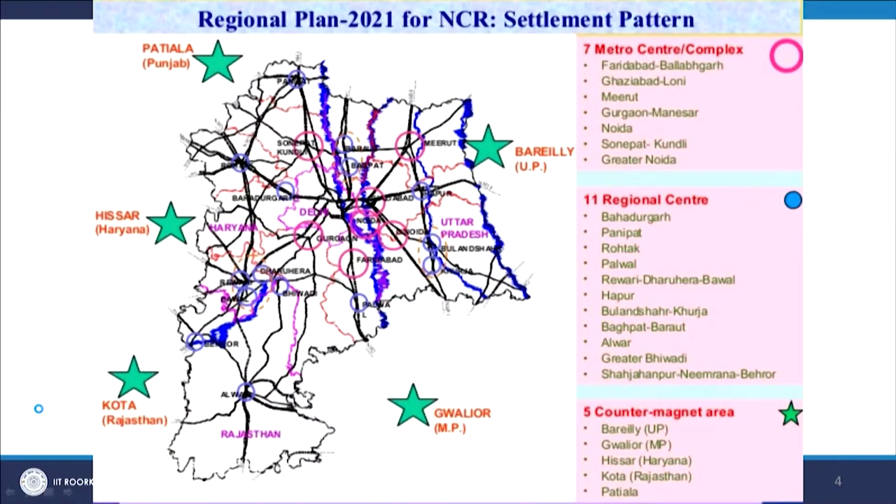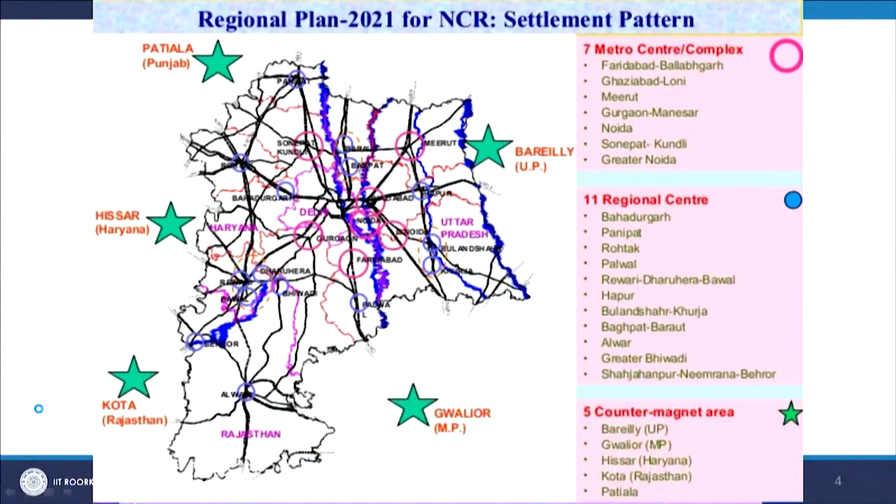So, the regional plan for Delhi is called National Capital Region, and this National Capital Region is basically streamlined by an independent board which is called National Capital Region Planning Board, and from time to time they make the plan for the whole region. So, here is a plan for the National Capital Region. You can see that Delhi, the city, is the center of this whole region. This is the city of Delhi,